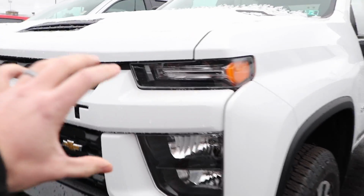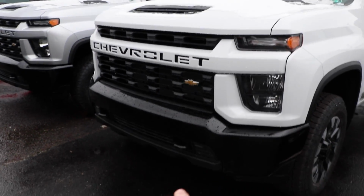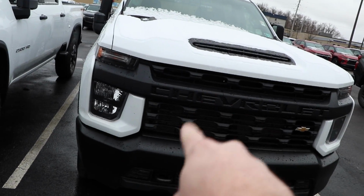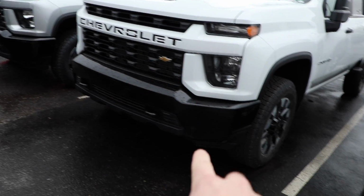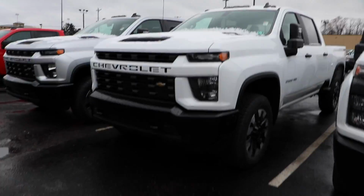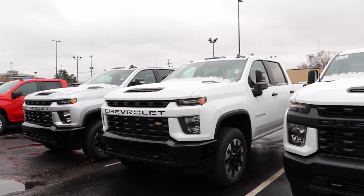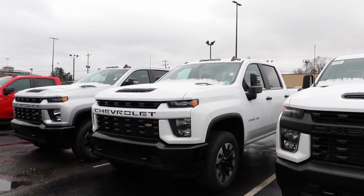All right, so check this one out right here. This has the center grille bar thing, whatever you want to call it, white, black grille, black bumper. Okay, so I might be liking this one a little more than the all black front. Yeah, I like that bar white, this black, grille black. We need black wheels, do the tint with the black roof, keep the cab lights black. I don't know. That would be a great looking truck. I don't know what's going on with these little top headlight things up top. It's very odd,